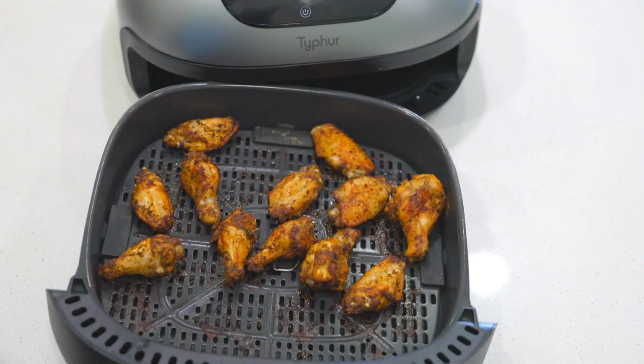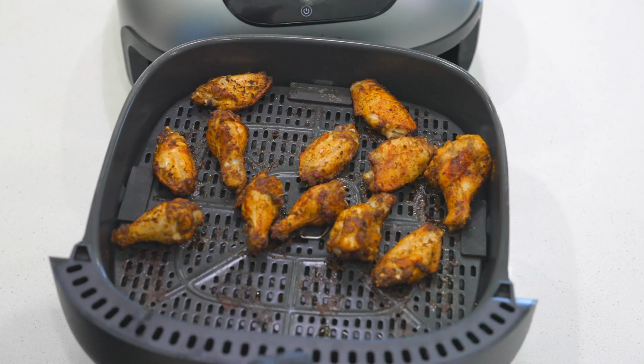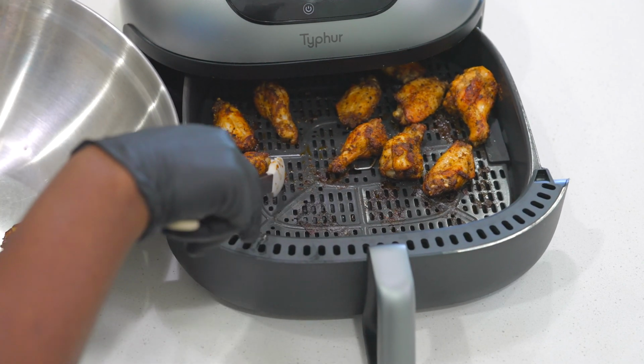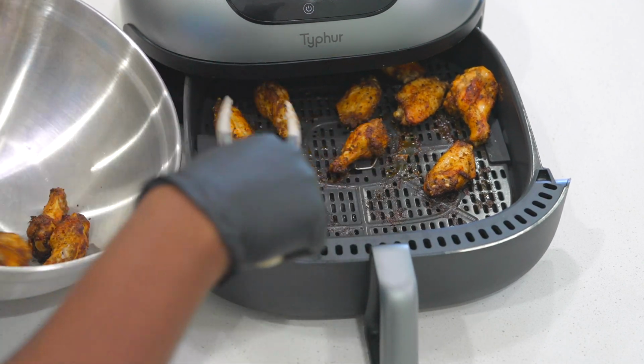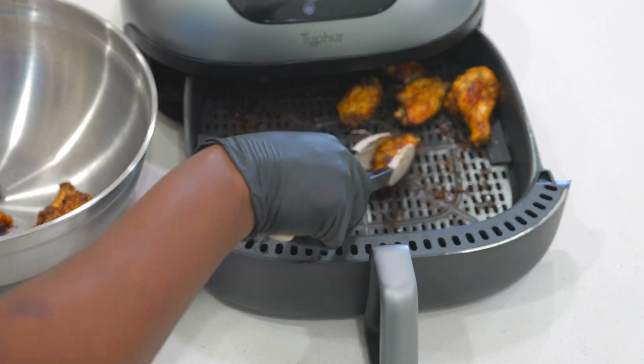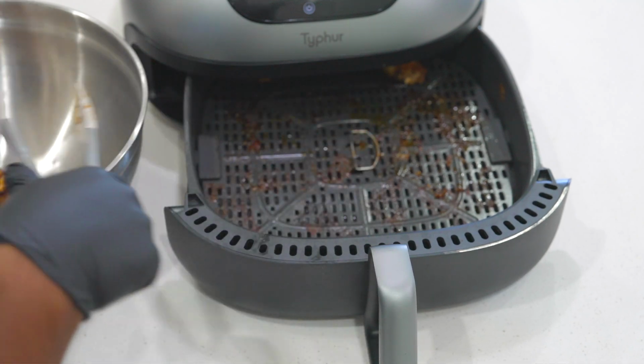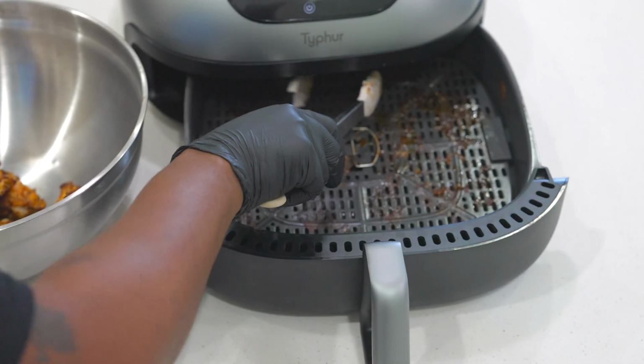So this is how we're looking after that 18 minutes. We are nice and crispy, looking oh so beautiful. Go ahead and get your chicken transferred into a mixing bowl so we could get them sauced up. You're gonna take that delicious sauce, you're gonna drizzle it over the top, and you're gonna just give it a mix. And wow,